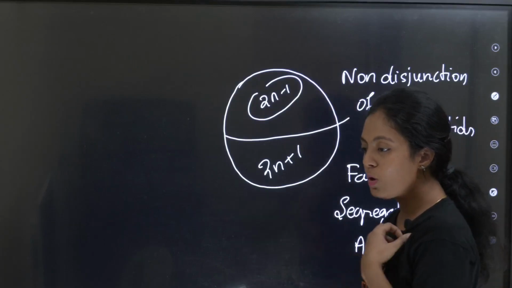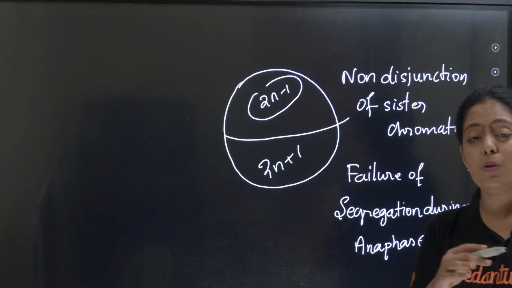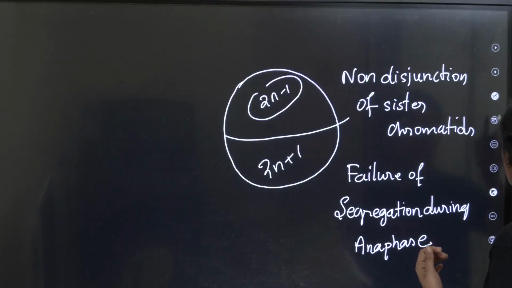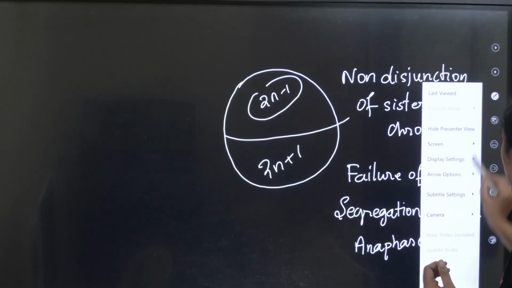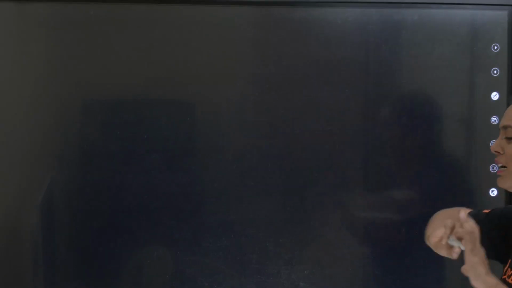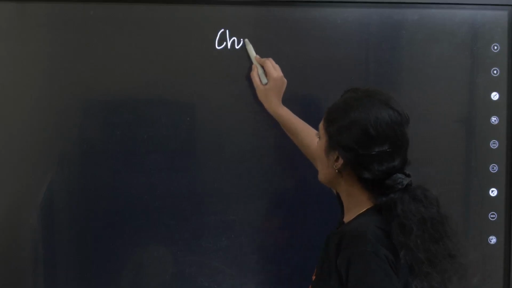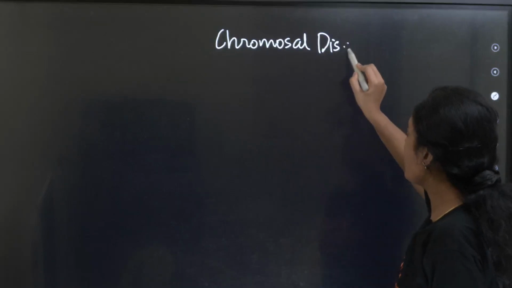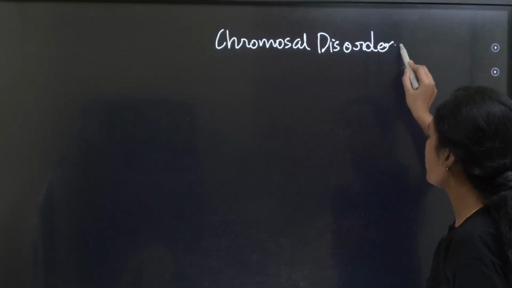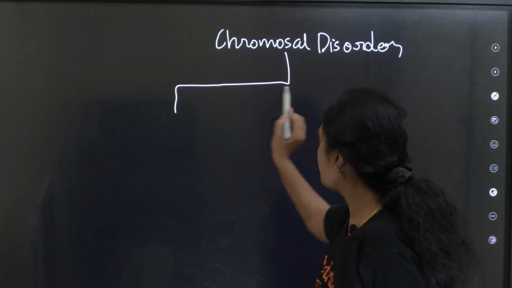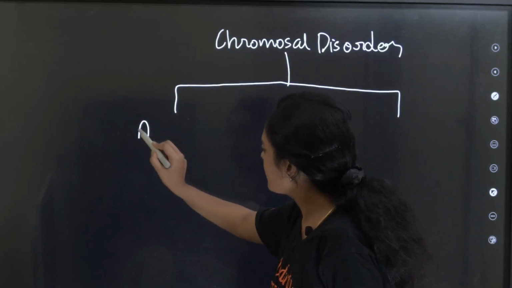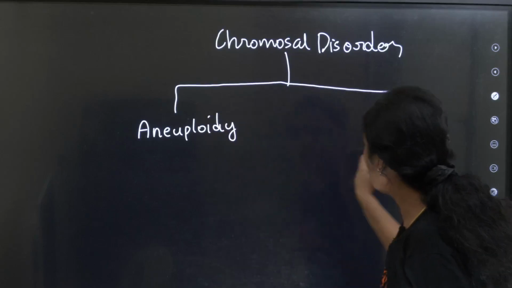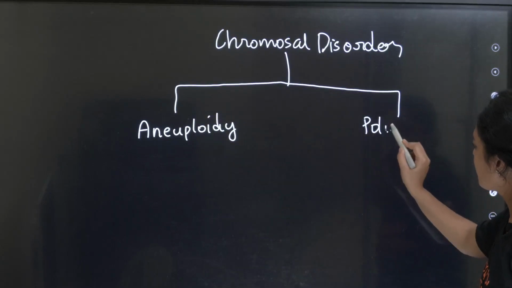Okay, இந்த chromosomal disordersல ரெண்டு விதம் இருக்கு. ஒன்னு வந்து aneuploidy, இன்னொன்னு வந்து polyploidy. Okay, so these terms are a little confusing. I want you guys to stay with me. Okay, try to understand it in a very, very easy way. So chromosomal disorders, இது வந்து நம்ம chromosomal aberration ன்னு கூட சொல்றோம். Okay, so this is of two types. One is aneuploidy. Okay, இன்னொன்று வந்து you have polyploidy.